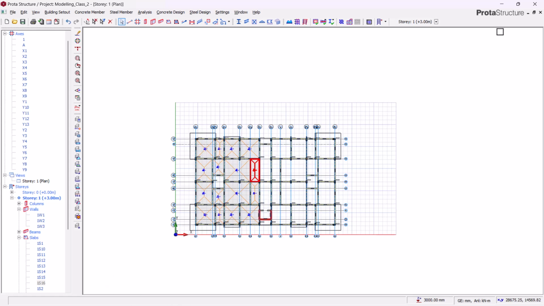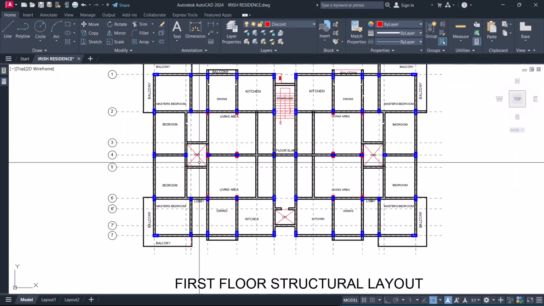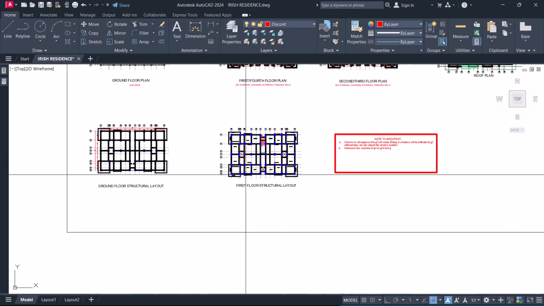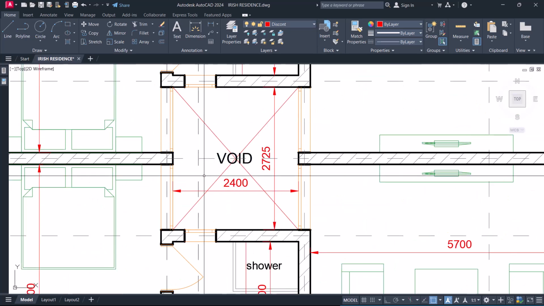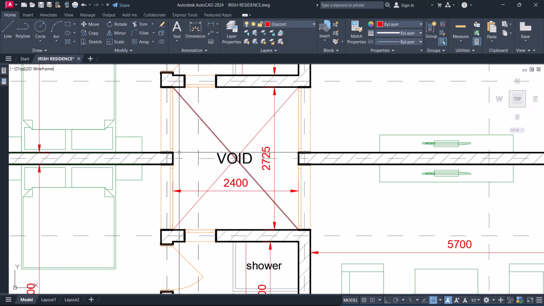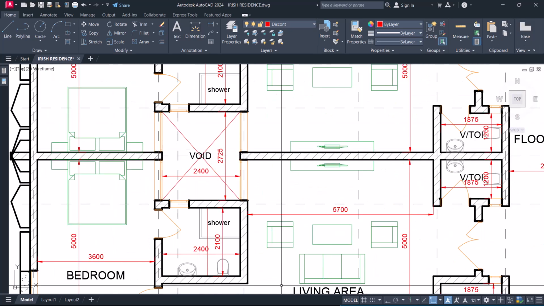and come to our AutoCAD. So if we maximize this, you will see this is the position of our void. Okay, this was created, let's look at the architectural drawing. This was created to provide ventilation to this room, so there is no need to insert a slab at this very point. Okay, so let's go back to